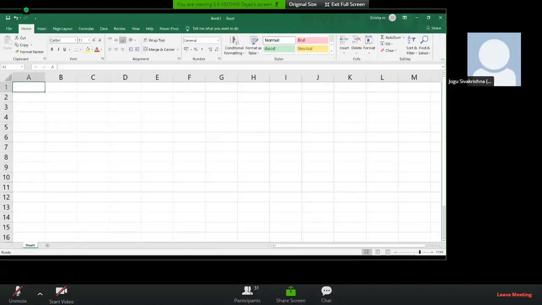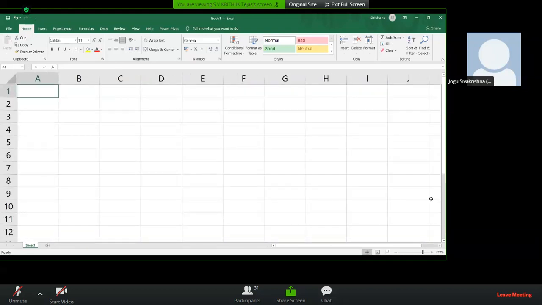Yeah, thank you. So here, last class we learned some other things, and today we learn how to align the text on cells and the remaining topics which we have in your textbook. So the same alignment options are there on the same ribbon on the Home tab. You can see the alignment group there. You can see the same options, but some more options we can see on that alignment option.